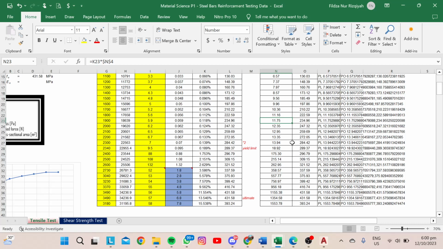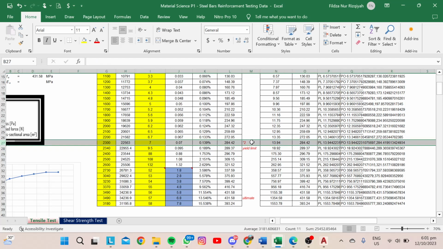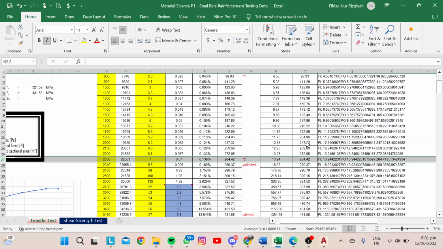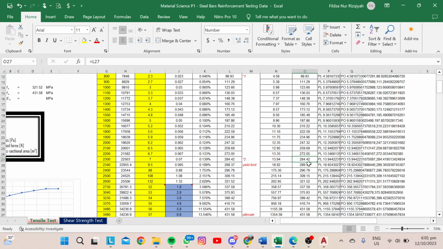Then for point 1, where can we find it? It is through the diagram on your AutoCAD. But first, you have to find where on the diagram point 2 appears. On my Excel, you can see point 2 is at a stress of 284.42 MPa, megapascal. Find this point of 284.42 megapascal on the AutoCAD